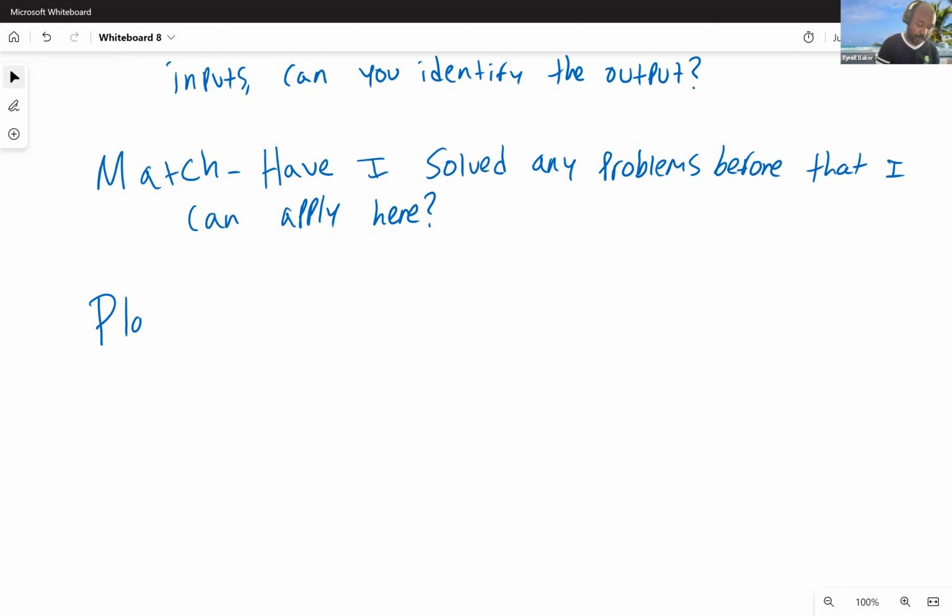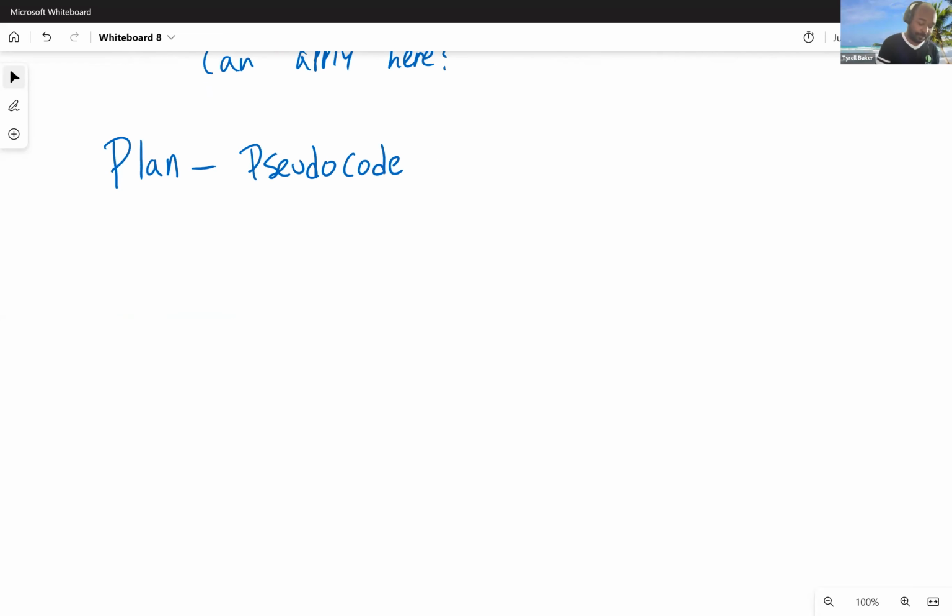Then the third step is plan. And planning is where you write your pseudocode. And what I like to think of this step as is, right, this is where you are actually developing your algorithm. Your plan should be as close to directly translatable from English to Python statements or from English to Carol statements as possible, so that when you get to your fourth step, implement,